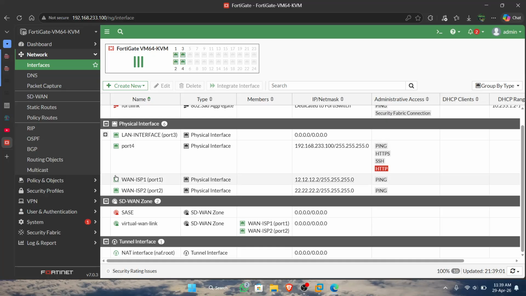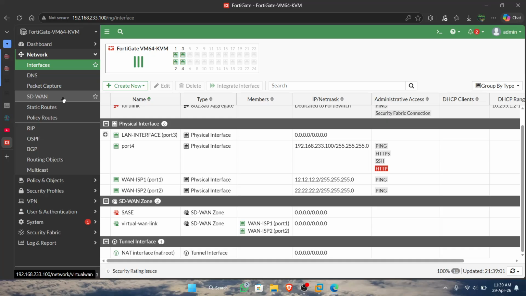The next ones continue with ESP1 and ESP2, with the IPs 12.12 and 22.